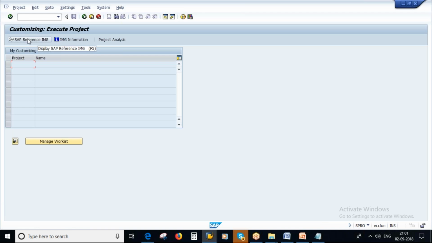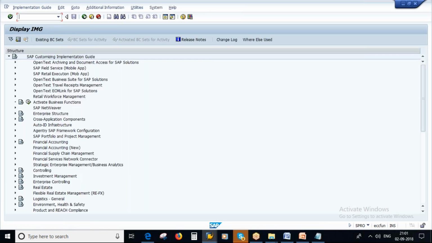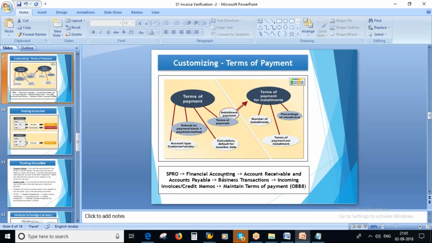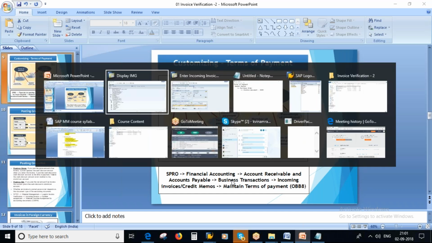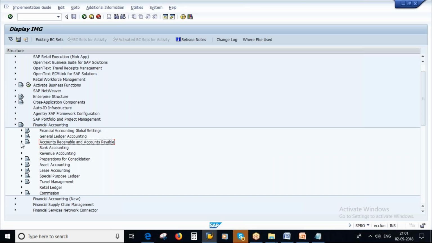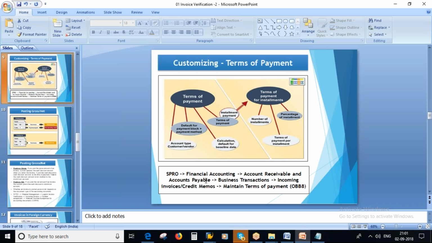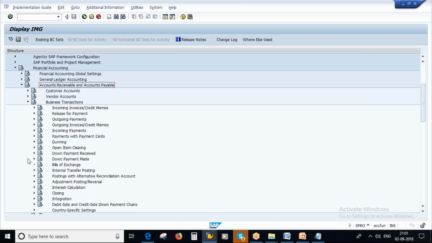SPRO, SAP Reference IMG. Go to financial accounting, then accounts receivable and accounts payable. Here go to business transactions,